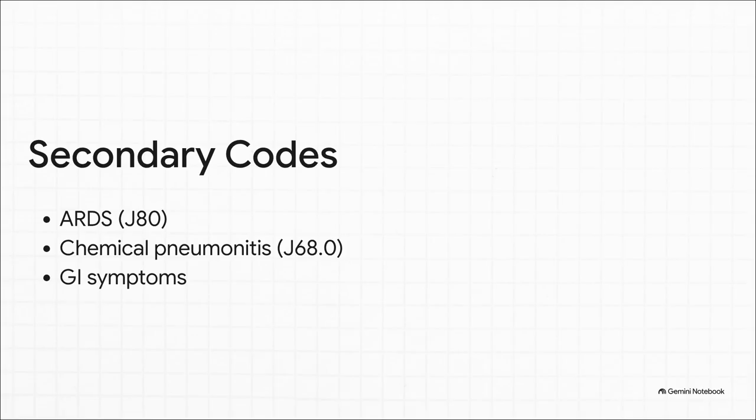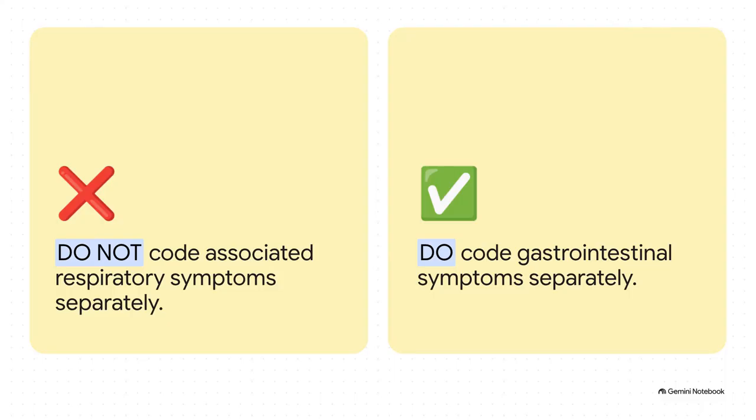Similar to COVID, we have to use secondary manifestation code stacking. Once U07.0 is sitting in your primary slot, you stack the specific clinical outcomes underneath it based on the chief reason they were admitted. This might look like acute respiratory distress syndrome, which is code J80, or maybe chemical pneumonitis, code J68.0. Now, the absolutely crucial point here is knowing exactly what to bundle and what to unbundle under these